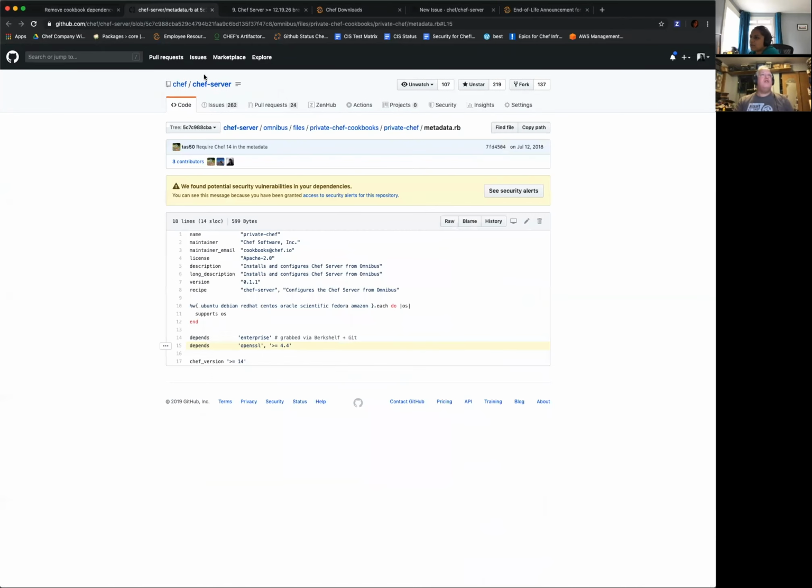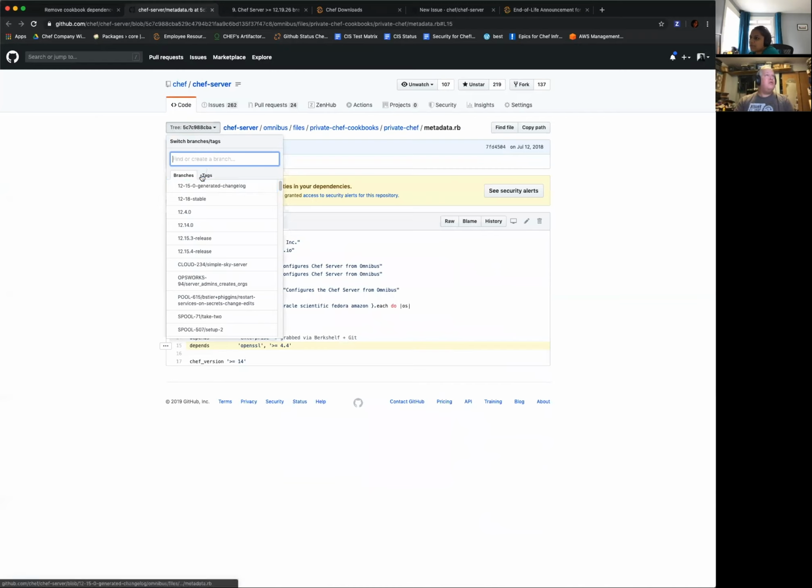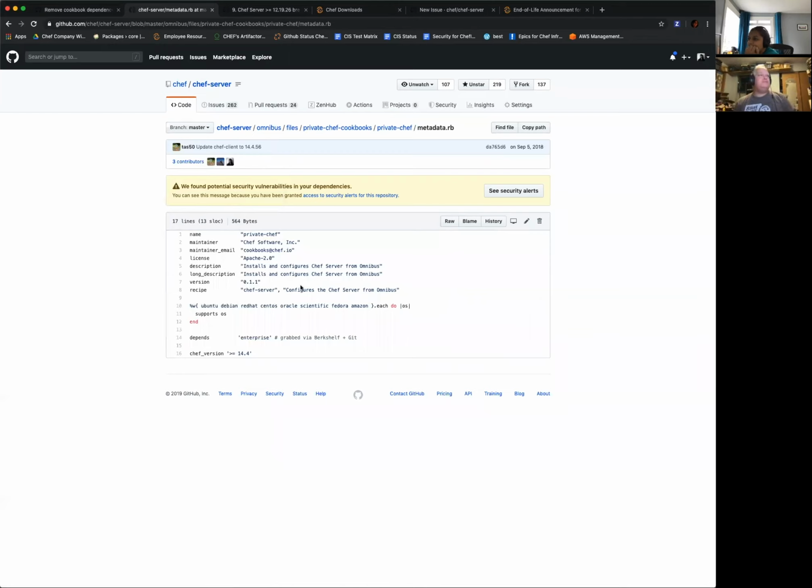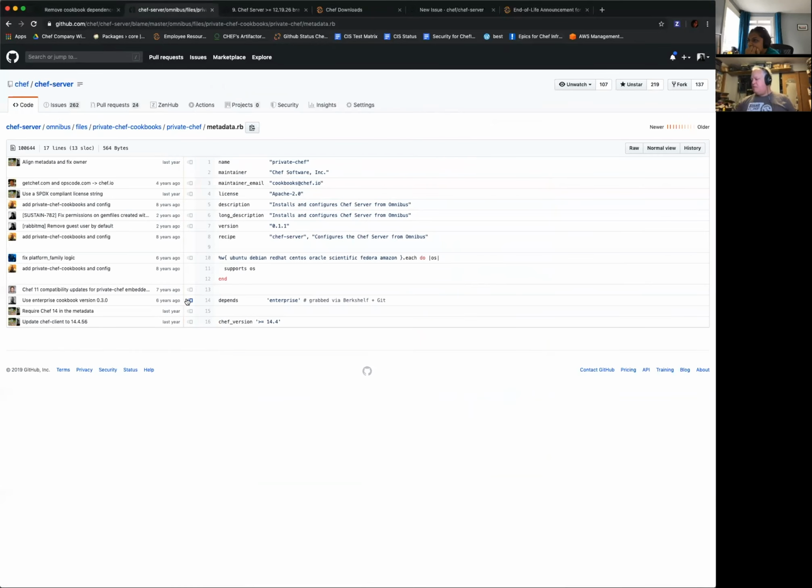Still there. Oh, sorry. Let me go to master. No, we actually got rid of it. There is no SSL. I think we fixed this in 13. This was part of the long lift of when we updated the huge chef client updates.